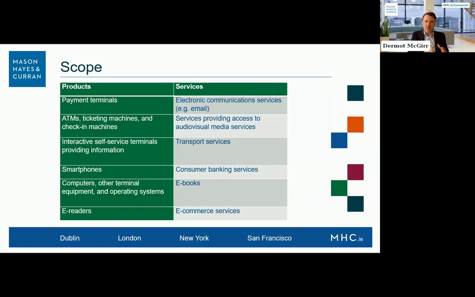I think some of that at the start, and I used to get asked this question, was: does the e-commerce services actually refer to the big e-commerce platforms we're all aware of? But the answer to that is no. Because when you look at the broadness of the definition in the legislation itself, at the impact statement that was drafted when the directive was being prepared, at the limited guidance we have from around Europe, and at the recitals of the directive, I think it's clear that if you're a business selling online to consumers, you're in scope of the EEA as an e-commerce provider.